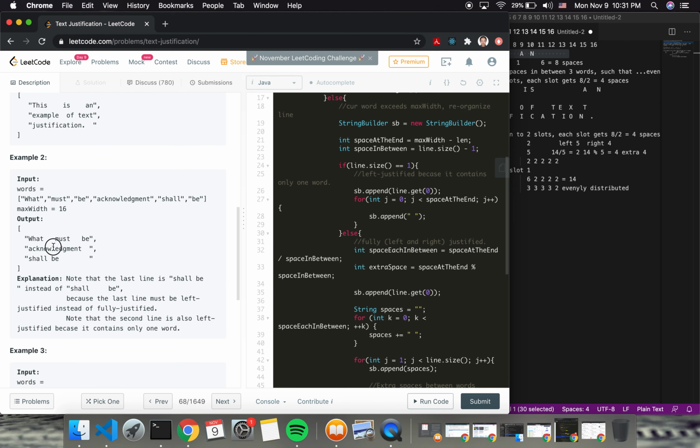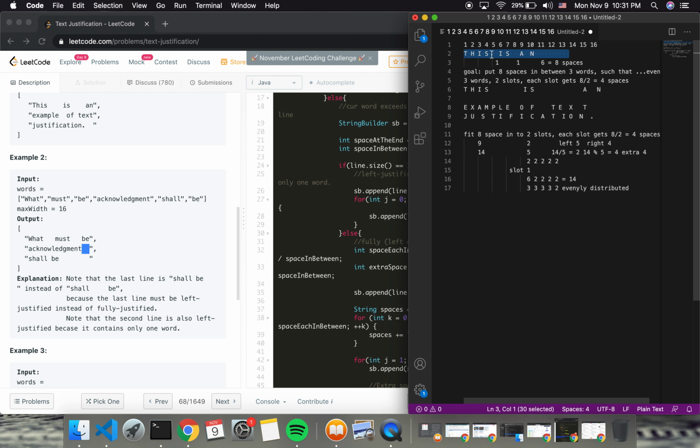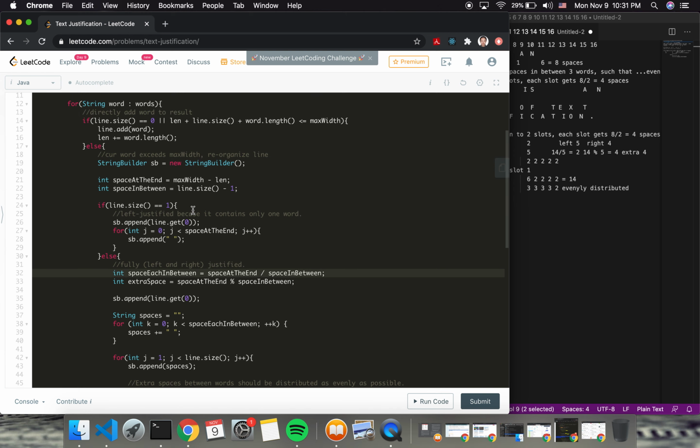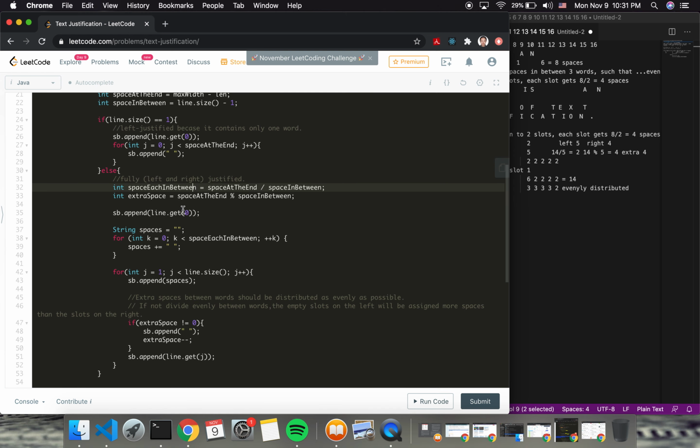Here's an example. It says the second line is also left justified because it only contains 1 word. That means if this line only has 1 word, then we simply copy this word and fill the rest of the line with spaces. And if this line has more than 1 word, then we will reorganize the spaces in between. So for the simplest case,